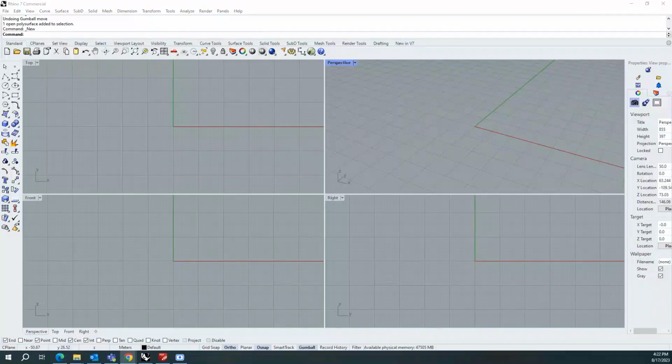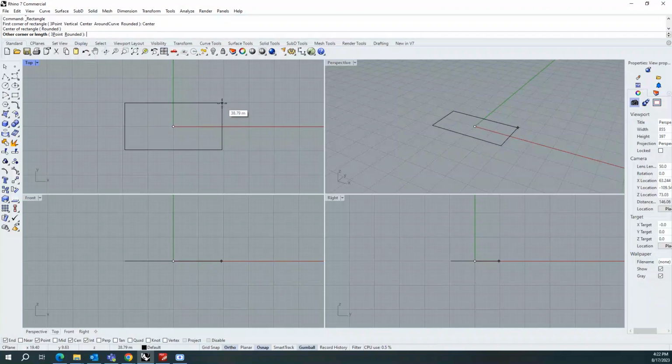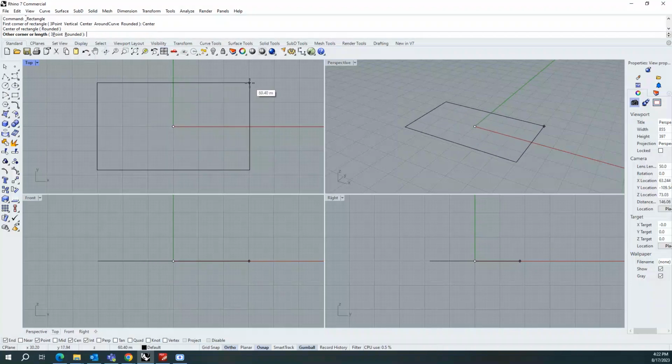Hey everyone, in today's video we'll see how to create faceted forms using Grasshopper and Rhino. So first of all, I'll take a simple rectangular curve with respect to the center. I'll draw my rectangle, the first rectangle. Then I'll draw the second rectangle at the same center point,